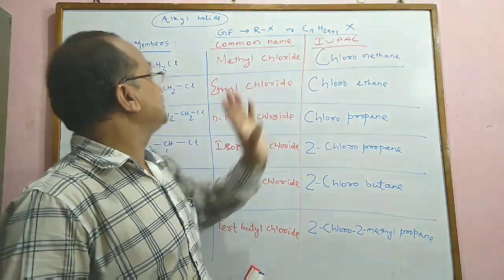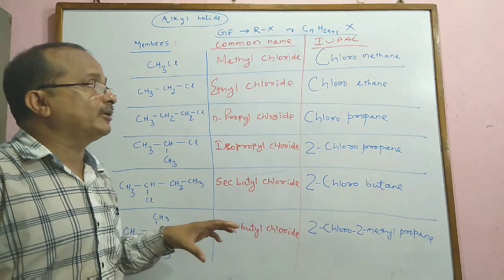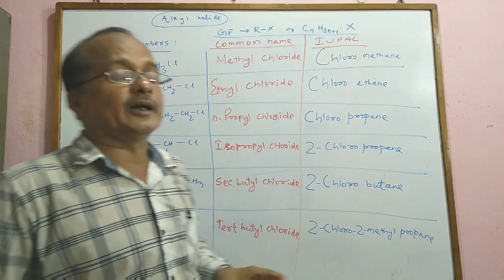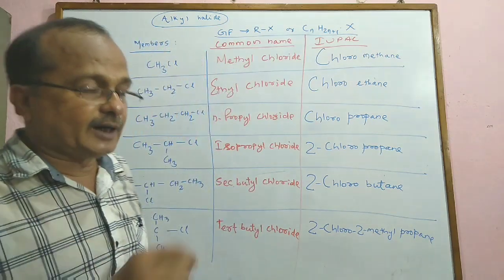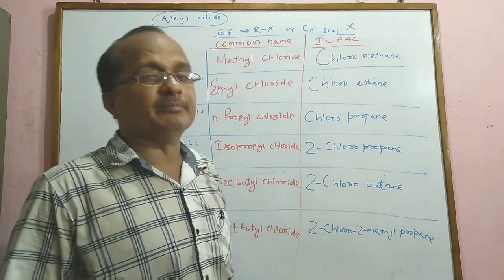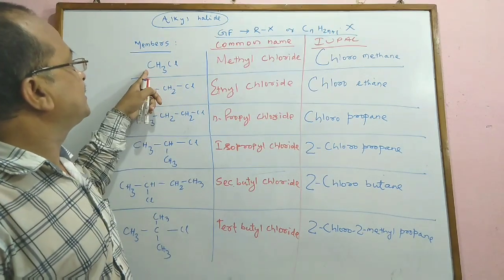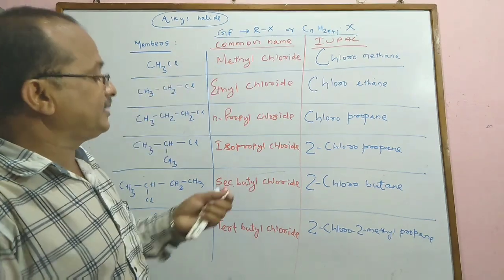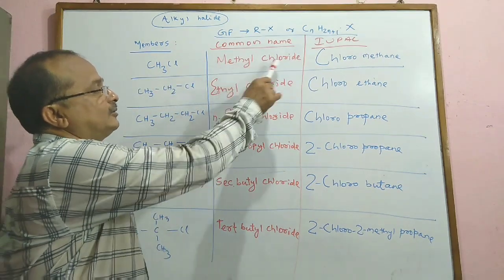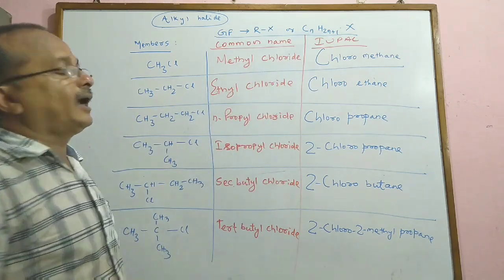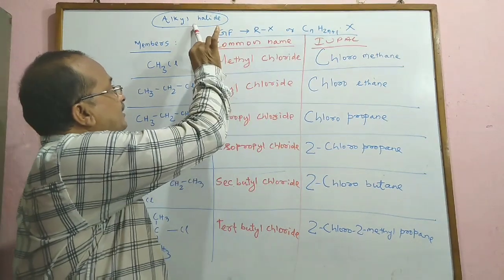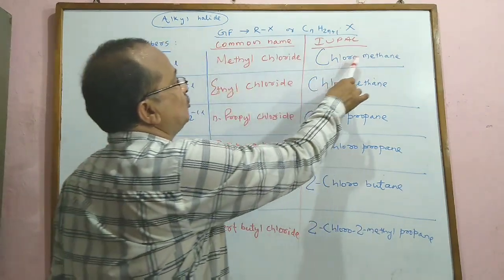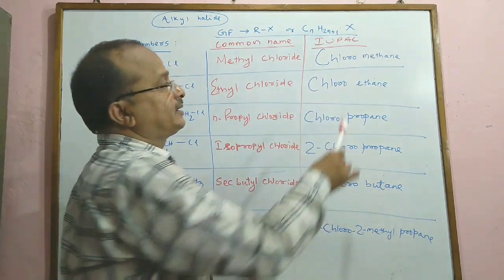Okay, you have to remember all these members, the first few members of the alkyl halides completely, so that you can perfectly do their reactions, and they can be easily remembered. So the first member is CH3Cl, and CH3 that you know is a methyl group, so in common name it is named as methyl chloride. And in IUPAC name, the name of alkyl halide is haloalkane, so CH3Cl is chloromethane. Chloro is the prefix and methane is the parent word.